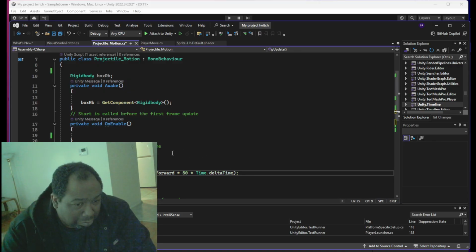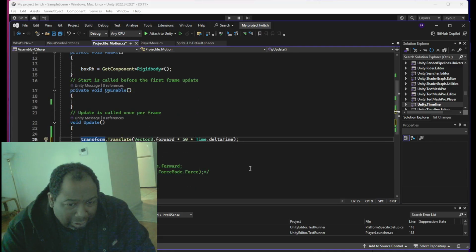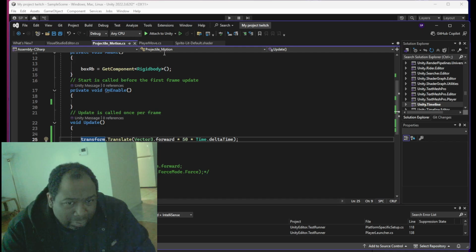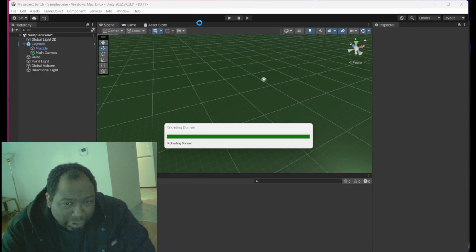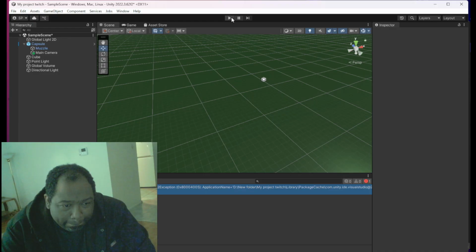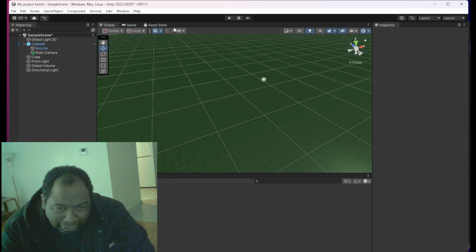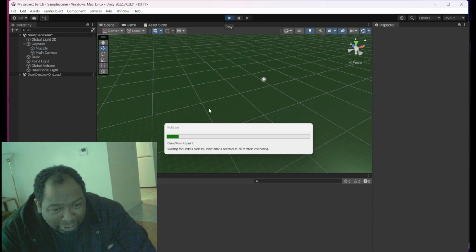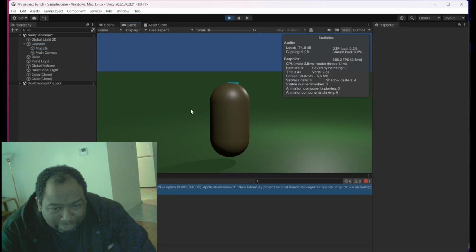But I can use this right here to drive it. And go back into play. Like I said, that's Visual Studio, not Visual Studio Code. There's nothing wrong with it, but it's annoying. So I've got to figure out what it's doing.